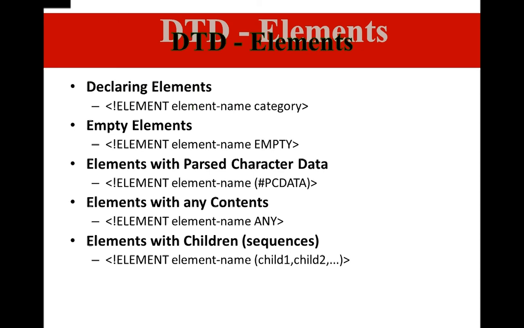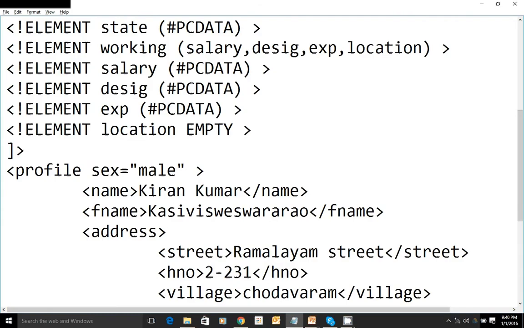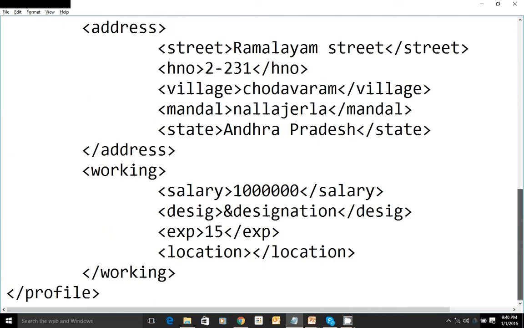And of course we know how to define parsed character data. And sometimes we have a markup tag. Let's say I have a markup tag, name of the company.